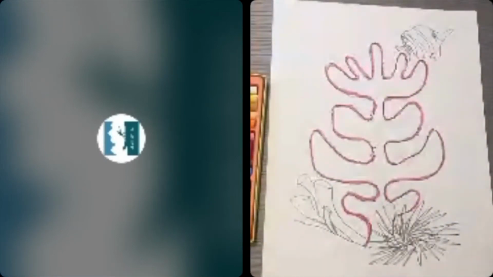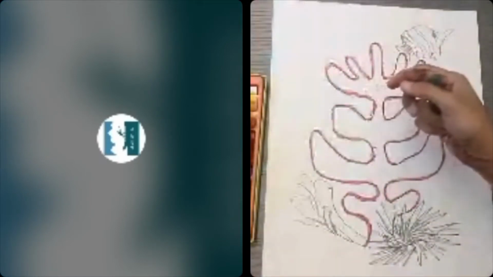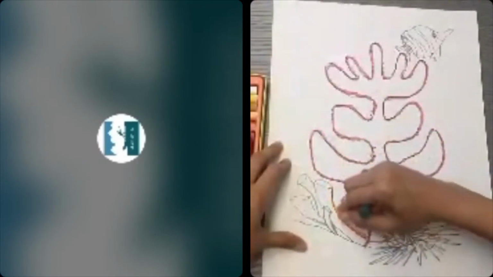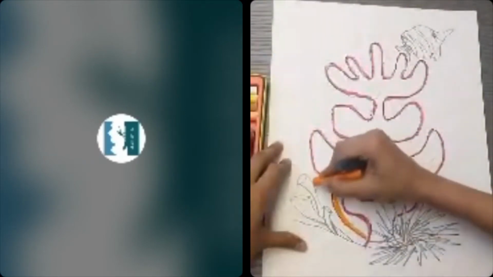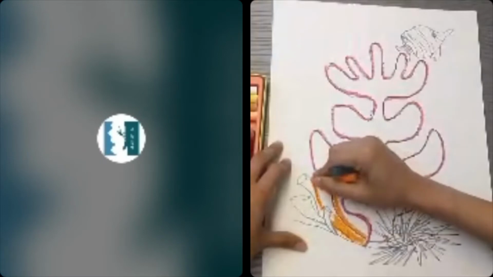Choose any other color that you might want for the other parts. So if you have any other coral, if you have a sea urchin, you can use other colors for that. So it's your choice when it comes to these colors.